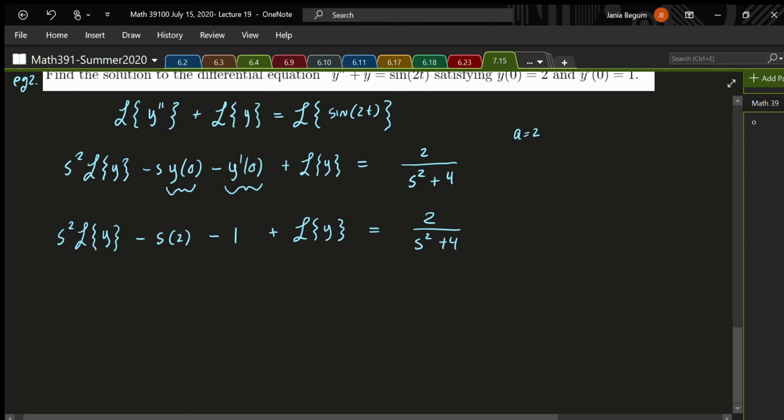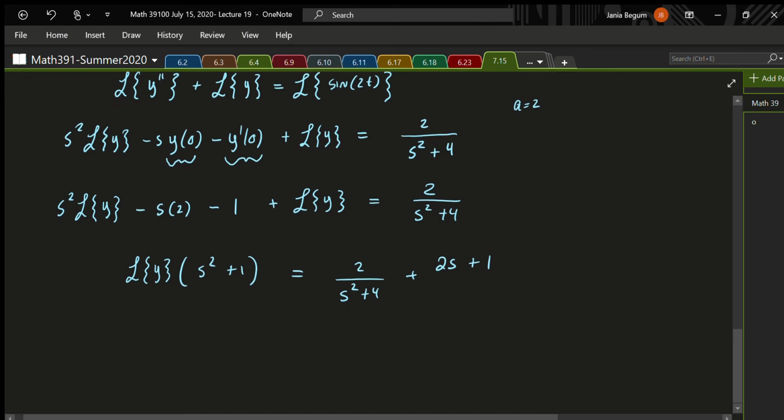And then we want to group the terms with Laplace of y together so we can factor that. So we have Laplace of y times s squared plus 1 is equal to, and then I'm going to move the other terms to the other side. So we have 2 over s squared plus 4 plus 2s plus 1. And then putting these all together, we have the Laplace transform of y is equal to